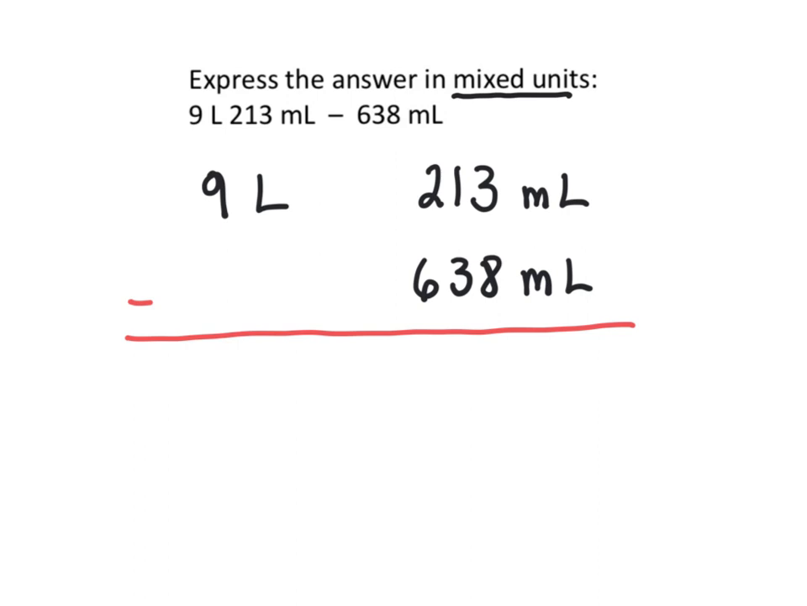Automatically, you see that here's a bigger number from a smaller number. Can't do that. So we're going to have to go next door and borrow from the liters. And remember that there's 1,000 milliliters in 1 liter. So when you take a liter away from here, you need to give 1,000 over here. All right, so let's try it. I'm going to take away 1 liter, which gives me 8 liters. On the milliliter side, I'm going to have to give that 1,000 to this one. So now this becomes